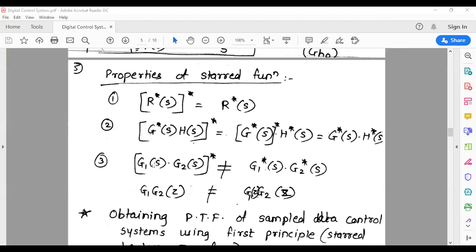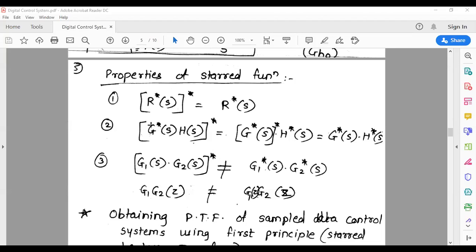So you can think of multiplier signals here. You have studied op-amps as multiplier. So please understand, you have one signal here, you have the other one. You're multiplying them. After multiplication, you are taking the sampling of it, which will never be equal to individual samplings. This is exactly what distinguishes or differentiates the second property from the third one. In the second property, one of them was already digital. In the third property, both of them are continuous.